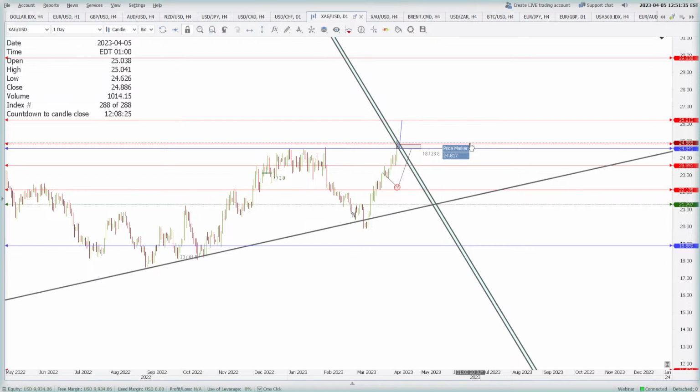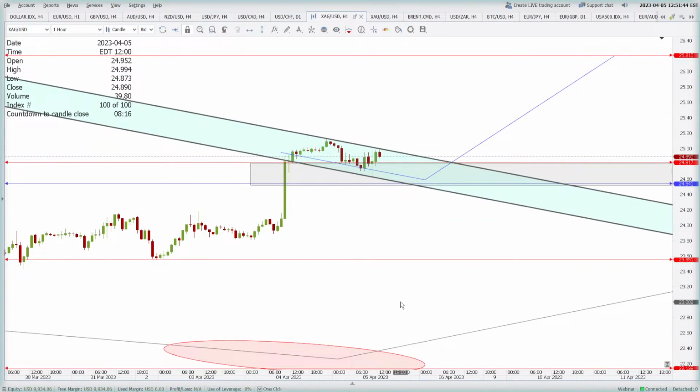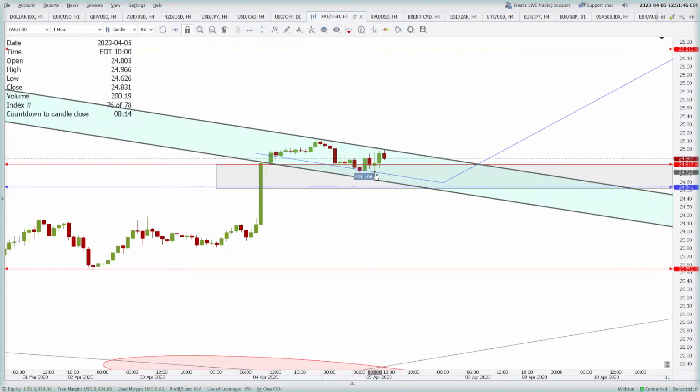At 1 hour, XCG USD has retested the broken resistance and should go bullish at 1 hour. Let me check. Yeah, at 1 hour it has tested, and it was able to breach these highs. Yes. So after that again it came to this level and closed bullish. So most probably it is going to go bullish only.